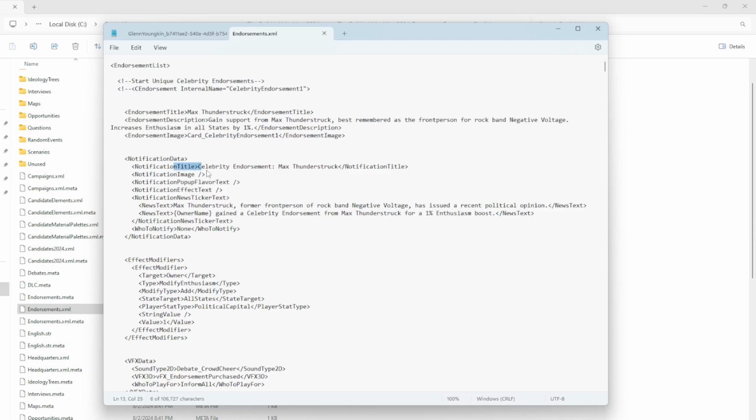All right, so this is the notification title that pops up. And see where this arrow and this arrow is. I don't want to touch this at all. But if I want to change this from celebrity endorsement announcement to Taylor Swift endorses, and I can change this